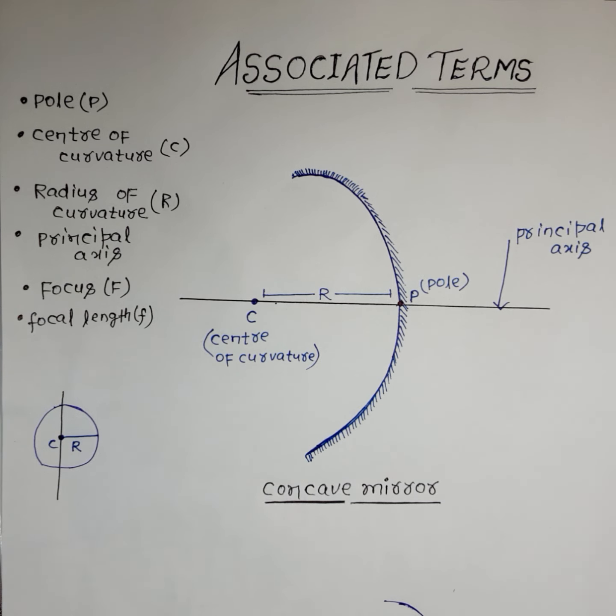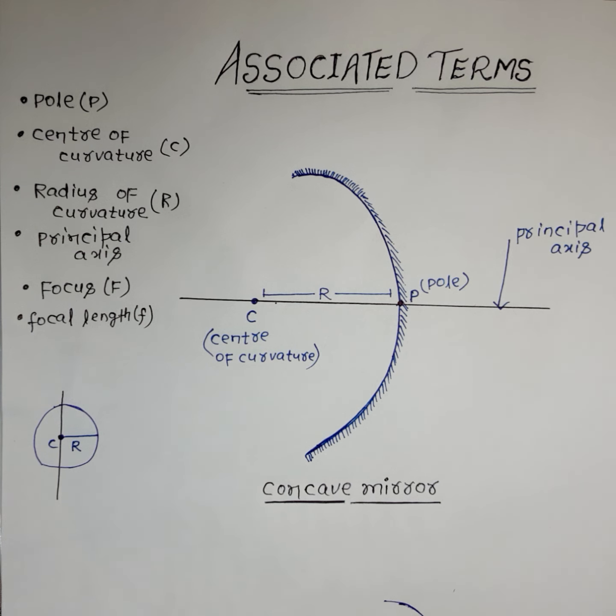What is the mirror? A mirror is basically of two types, plane mirror or spherical mirror. Plane mirrors are the type of mirror which are generally used in our home. The image formed in a plane mirror is virtual and erect, and the size of the image is equal to that of the object.